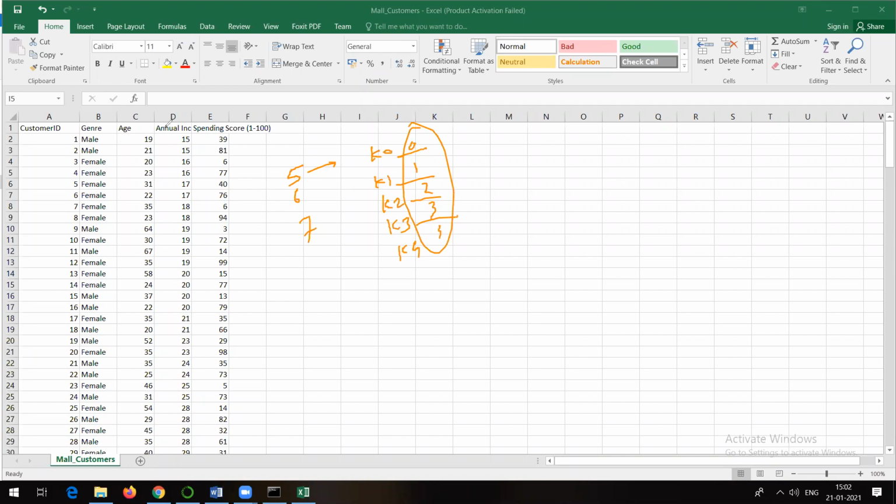From this particular data set, some data we will take as training data. Depending on that, we will create a model with the help of the K-means algorithm. To that model, the remaining data we are going to pass as testing data, and for that data, it is going to give us the output. Okay, the first record belongs to the 0th cluster, the second record belongs to the 3rd cluster, and so on. This is what we are going to do.